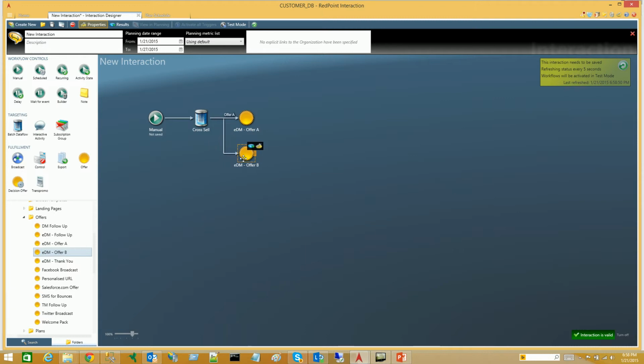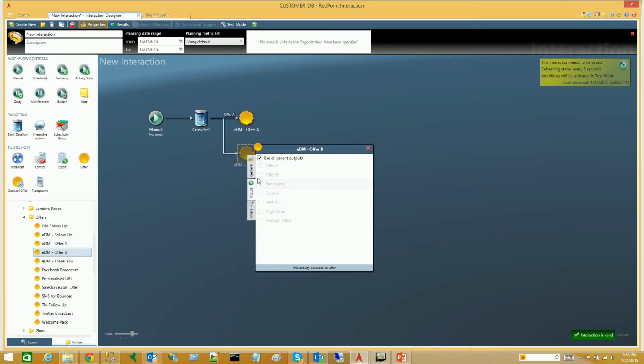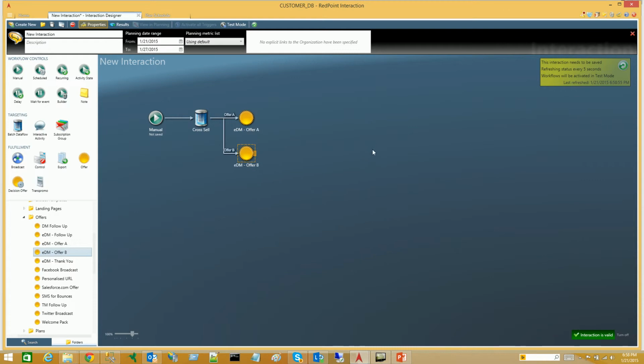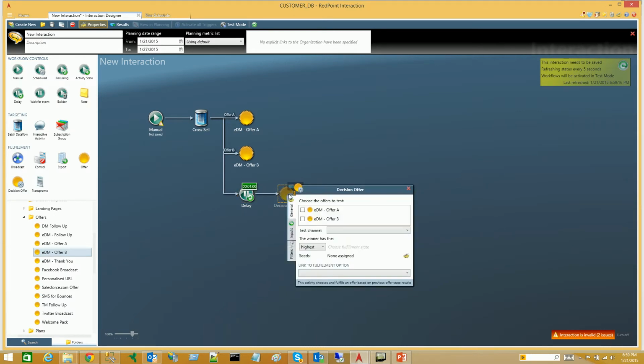We'll drag the second offer, and we'll just associate this offer with the customer group. What I'd like to do now is put a delay in. A couple of days is enough to make sure all the emails have gone out and we've given all our customers enough time to respond to them. And the way we choose the winner is through our decision offer. So the decision offer asks us in terms of who's the test being run, which offers are part of the test,